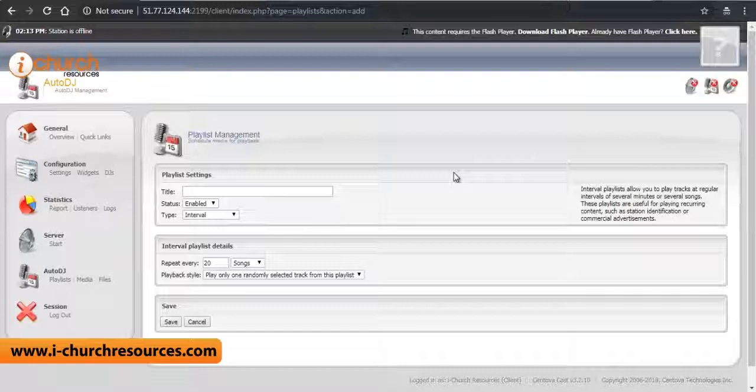It can come in every 20 minutes, 30 minutes. It can come in after every 10 songs, 20 songs. So it depends on you. For instance, now we can say, okay, after every 20 songs, the audio should play. So that means after every song, you hear something like you're listening to iChurch Resources Radio or you're listening to iChurch Radio. If it's an advert that you slot in or that you scheduled like this,